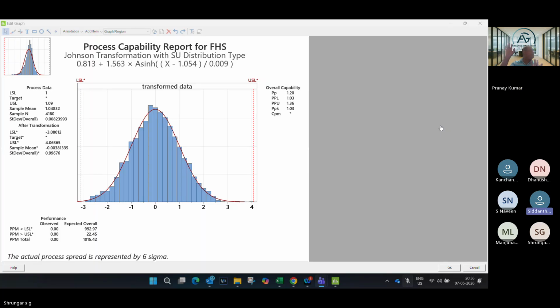Sir, does Minitab analyze the number of data points and give Ppk and Cpk, or is there another type of calculation going on? The older Minitab did. The newer Minitab, in order to make things easy for you, has reduced that. I will check with Minitab tomorrow and get back to you on that. Sure, sir.